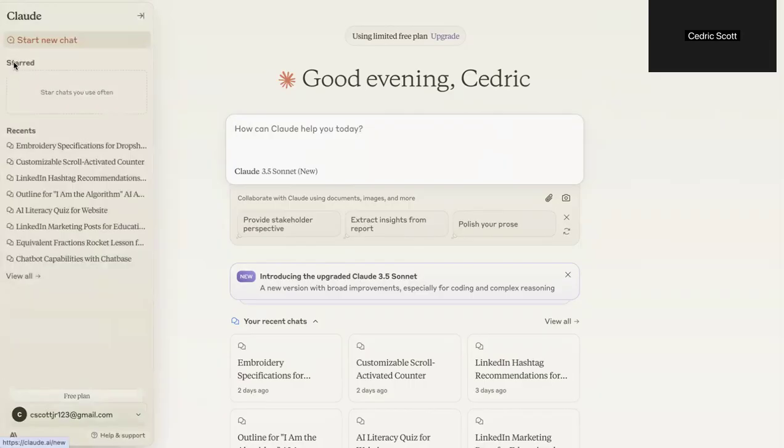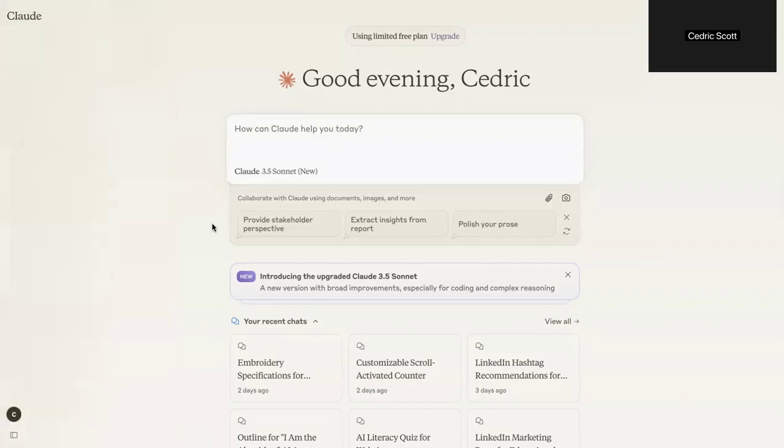So if you go over here, it's similar to what I showed in the other video with ChatGPT, where you have this taskbar on the side, and again, it logs your conversations, or your previous interactions with it. So the history. You can always go back to any of those, revamp things, pull more information. Or of course, you can always just start a new chat, which is what we have right here.